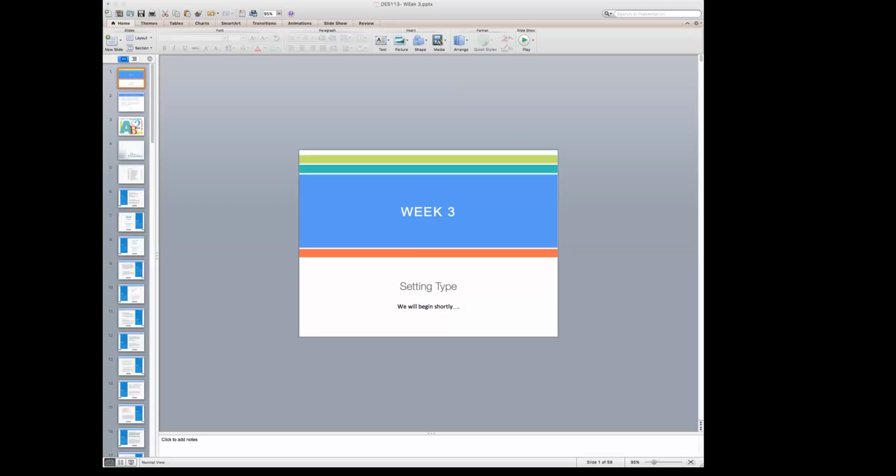Plus, it's a lot of fun to kind of see what other people are doing. And it helps me, I don't know about you, it kind of helps me to gauge where I'm at with other students' designs and kind of feed off of their creativity as well. Are there any questions about what to expect for week 3 as far as the discussion goes?